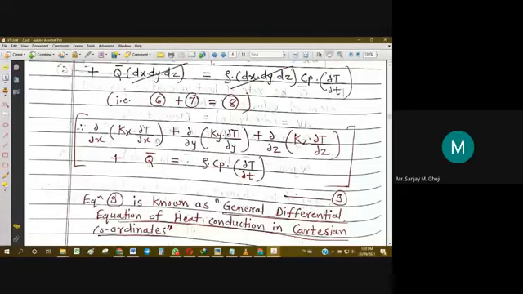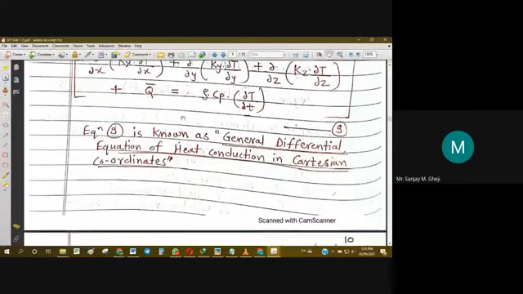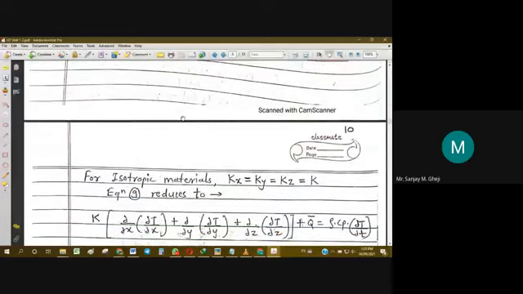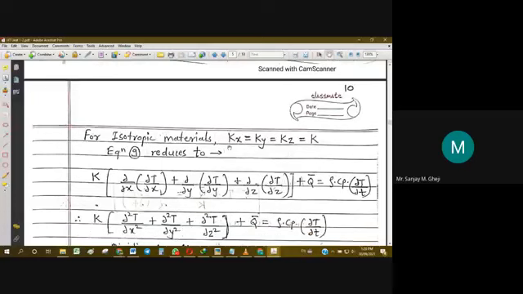because it involves partial derivatives, again partial derivatives, and these are second order, because here there is a ∂/∂x. Again, it is a differential of a differential, so it will be a second order differential. So let us simplify by applying some assumptions and conditions. Now for isotropic materials, the conductivity will be the same in all directions, x direction, y direction, z direction. The material will show only a single value of conductivity. Now let us consider that material.